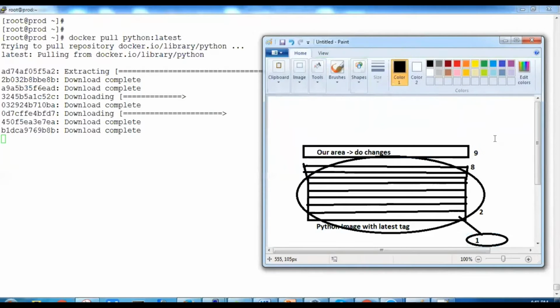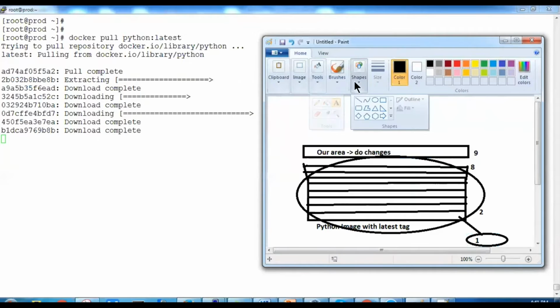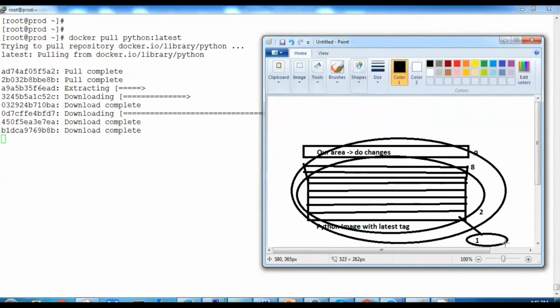If you push this image to the Docker repository, maybe under your account, it will be 8 plus 1, 9. If someday you want to download it, you will get one more extra layer, because that is your layer added on top of the existing 8 layers.